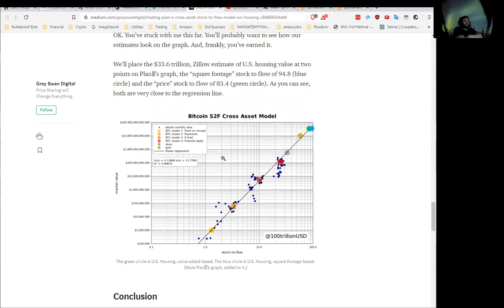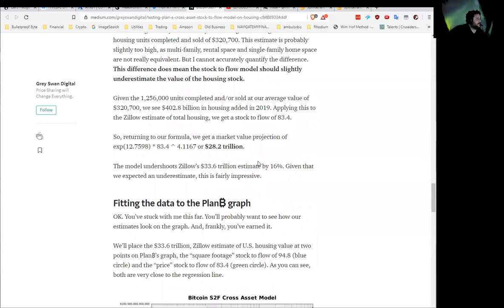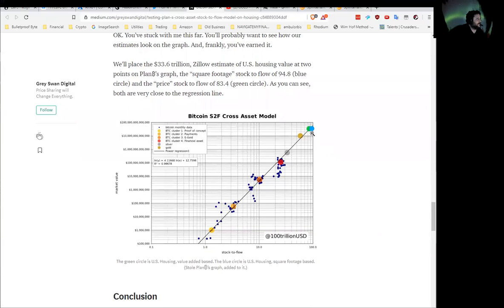But the thing that got me thinking was that part of the assumptions of the stock-to-flow modeling is a relatively high stock to relatively low flow. But what happens when the flow increases for whatever reason? Like, let's say you have a real estate crash or an economic crash and people need to sell their houses. The flow increases beyond what's normal. And I think the effect would be to lower this ratio. So instead of 94.8 or 83.4, whatever it is, you're slipping down this curve. So a second thing that I would like to see some analysis done on, and if I have time, I'll give it a crack,